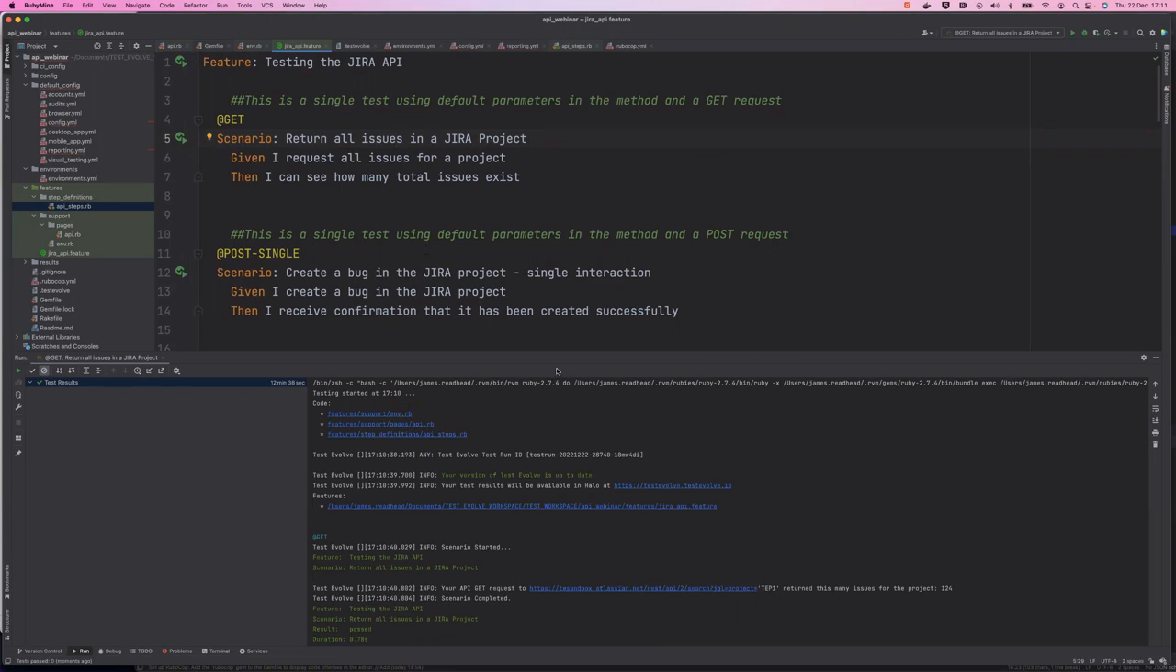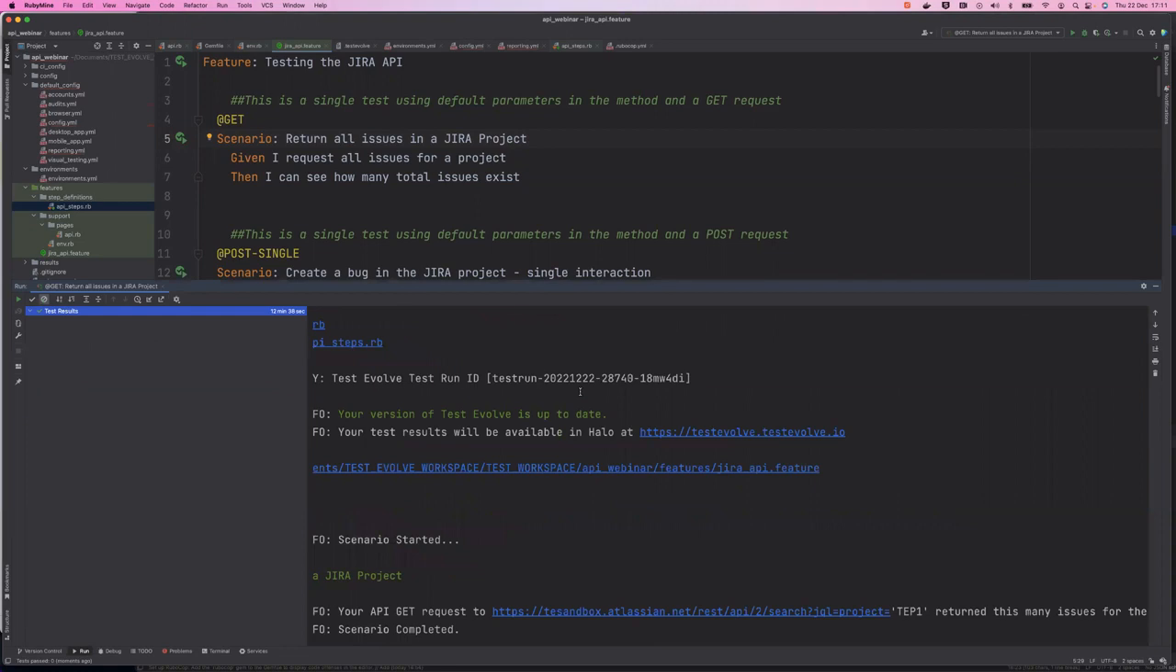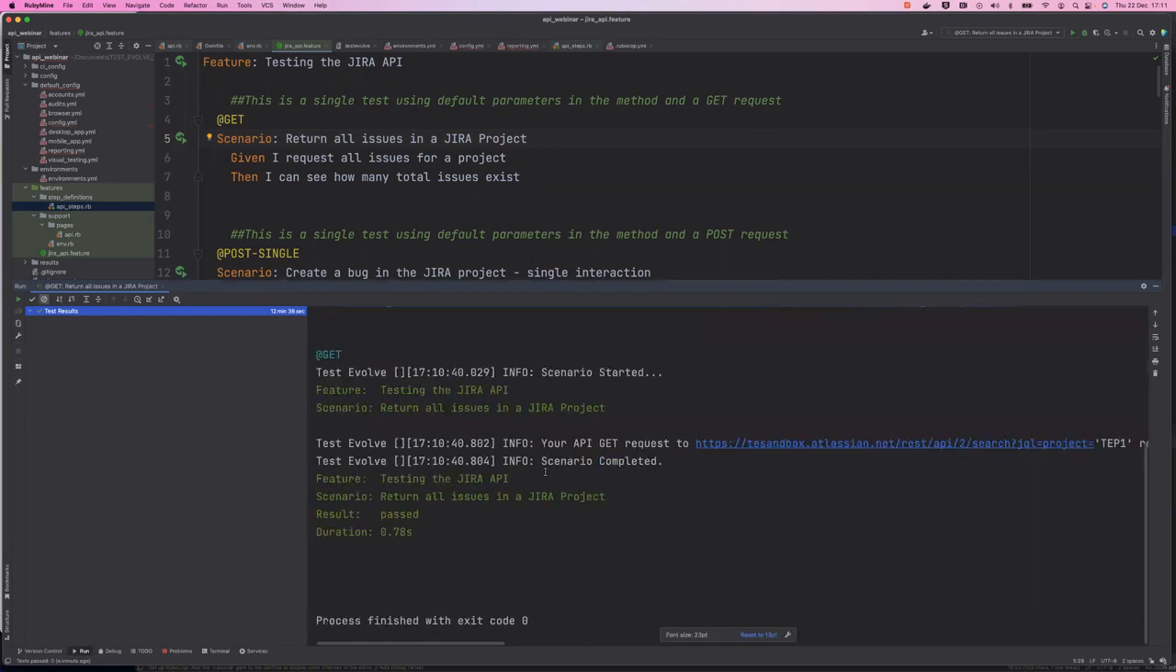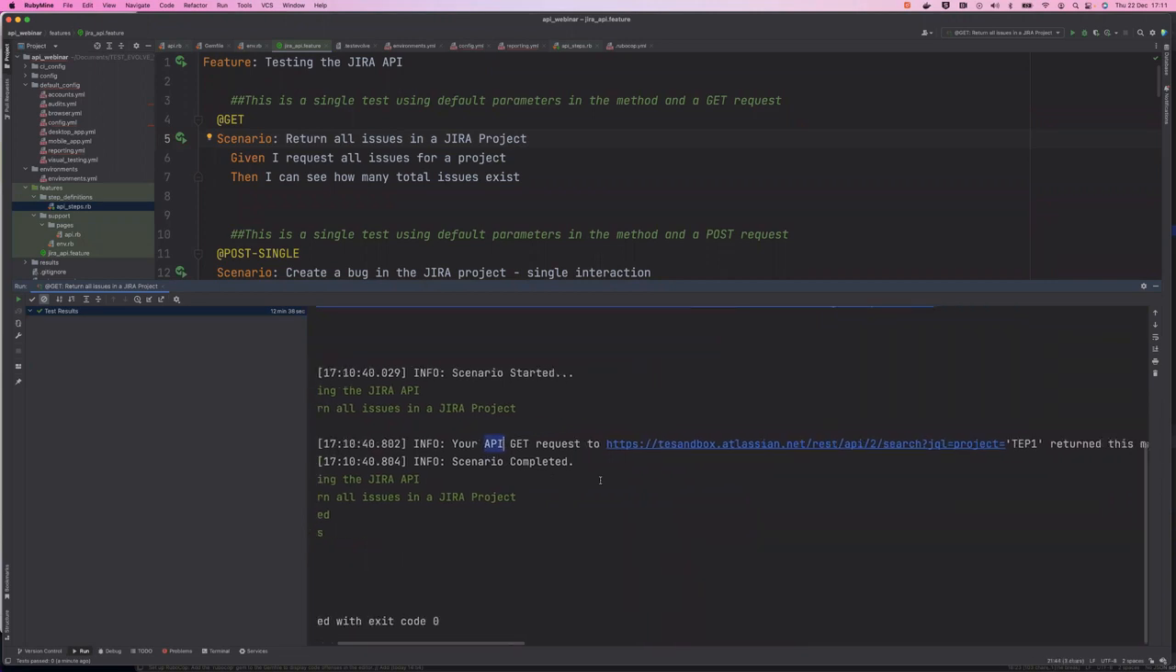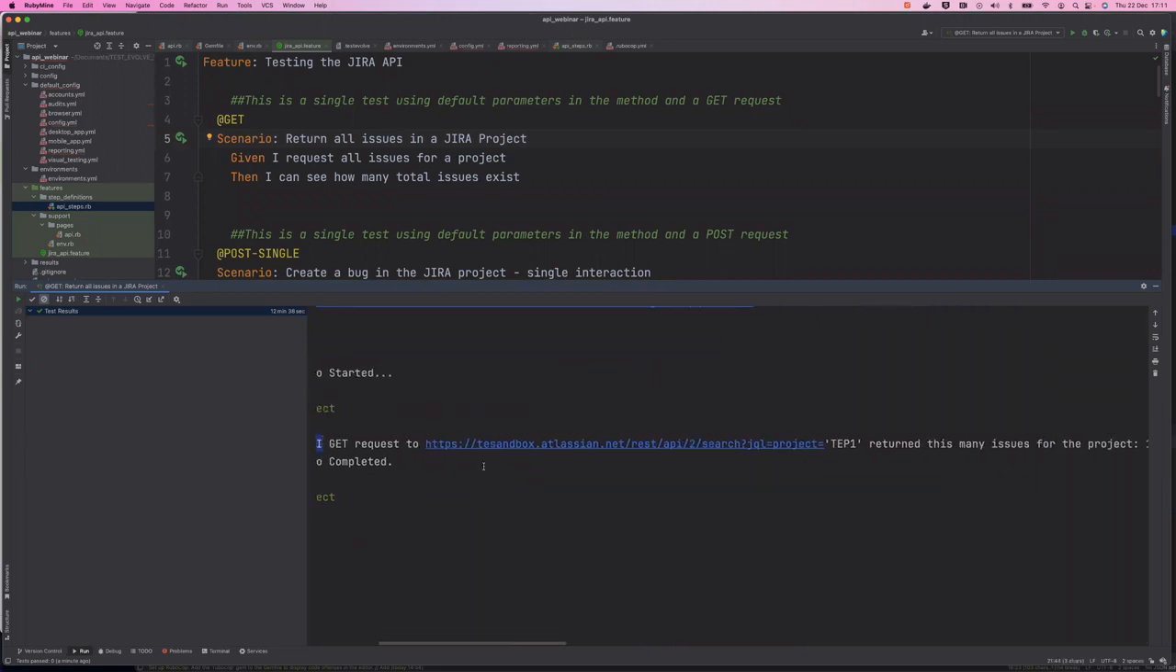All right, so that test ran, all of these are running in about half a second or something like that. And what we have here at the bottom is some indication that, firstly, the test has passed. I have this information in my test that says your API GET request to this URL here. So this is my full URL. This is my sandbox Jira instance. So the first part of my URL is in my environment, if you like. So it's extracting that